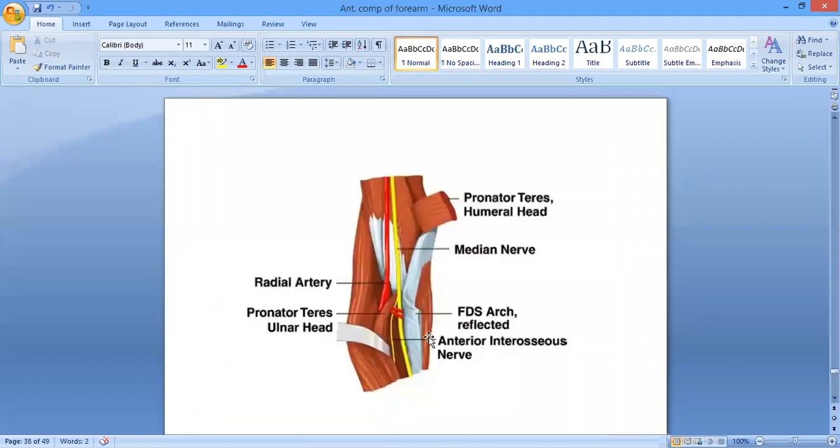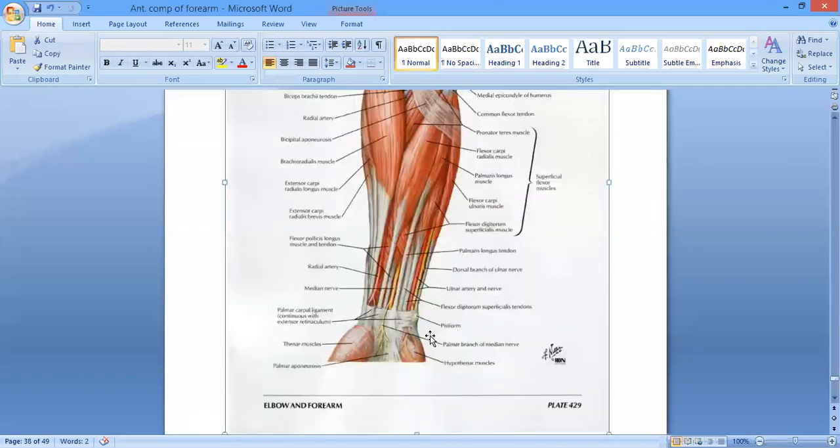And about 5 centimeter above the wrist, it emerges on the lateral aspect of the flexor digitorum superficialis. See, it will emerge on the lateral aspect of the flexor digitorum superficialis, right? And at this time it is lying between the flexor digitorum superficialis and the flexor carpi radialis over there,